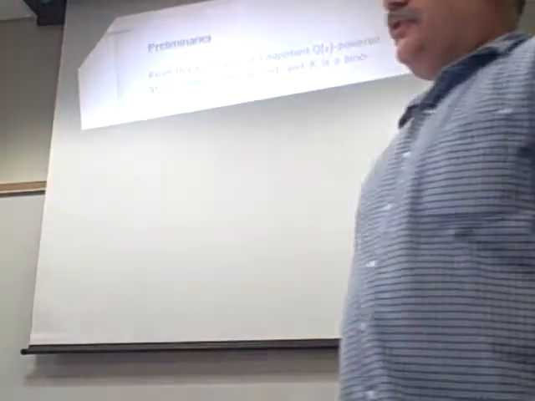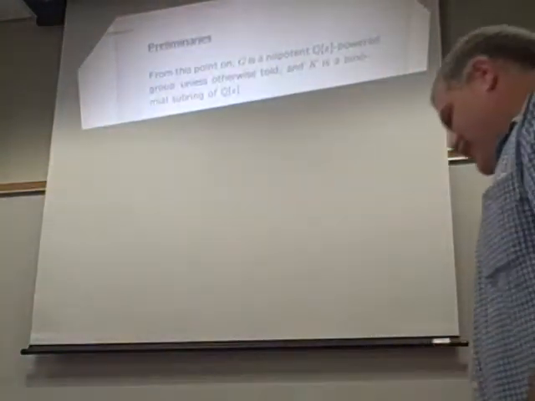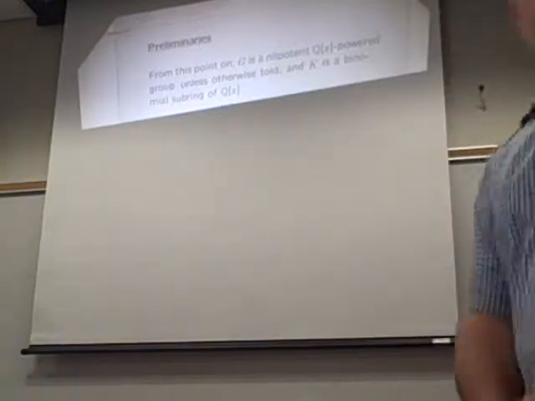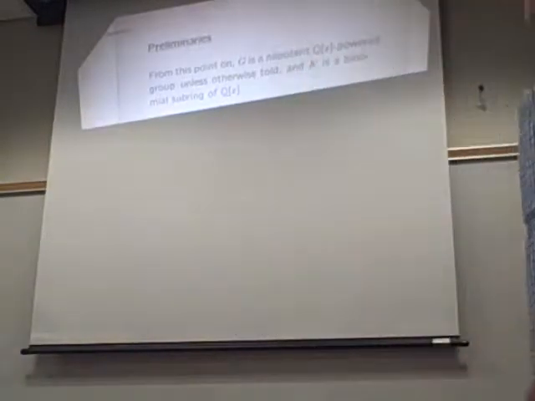What I want to do now is just throw down some preliminary things at you. And this stuff is just going to set us up for the main results, all right? You got to prep for all these things. So first of all, from this point on, whenever I write G, it's going to represent a nilpotent QX power